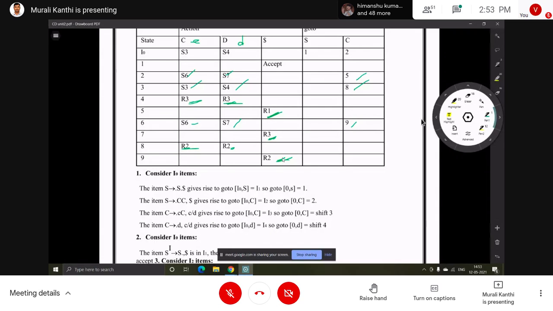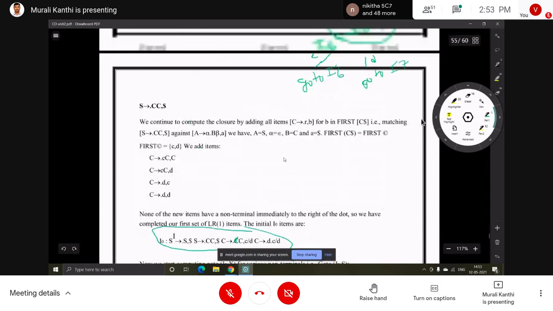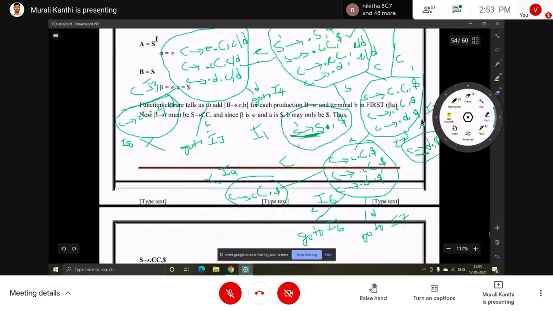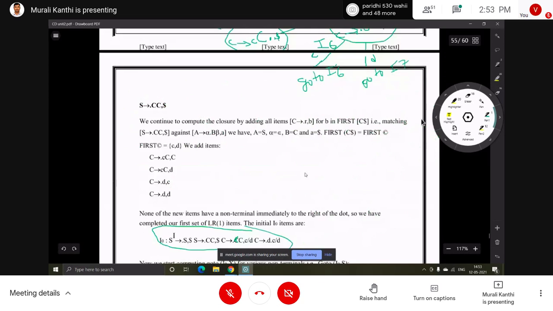Next is accept. The accept for the new production will be in I1 for any grammar, so first row, dollar column, accept.